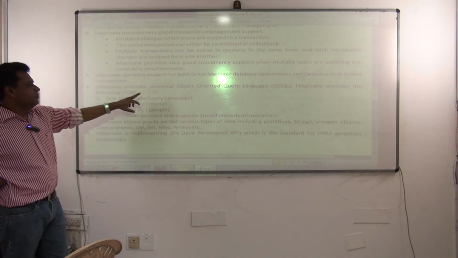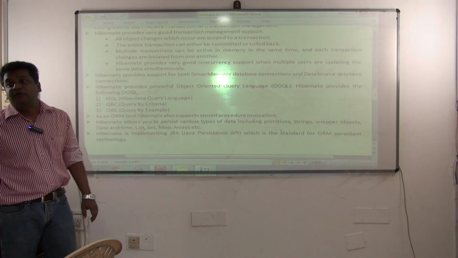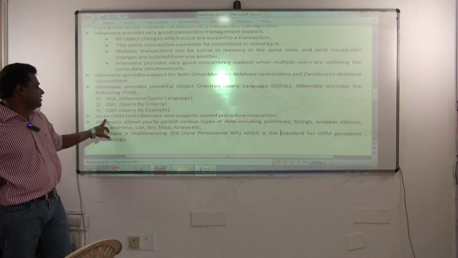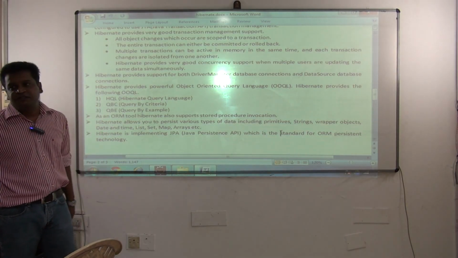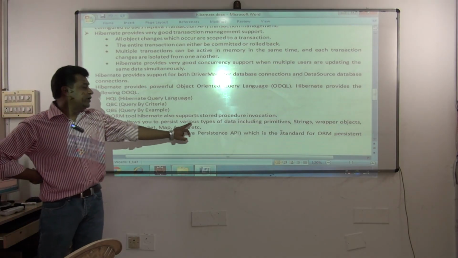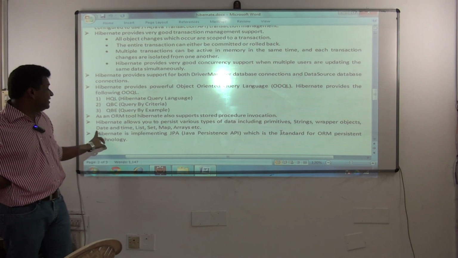Yeah, we saw this. Hibernate is providing some powerful OOQL. The advantage of OOQL, you know, no? You don't have to learn native SQL queries. That's the advantage. Fine. Then we are seeing the next point now. As an overall tool, Hibernate also supports what? Stored procedure invocation. The next, Hibernate allows you to persist various types of data, including primitives, strings, wrapper objects, date,